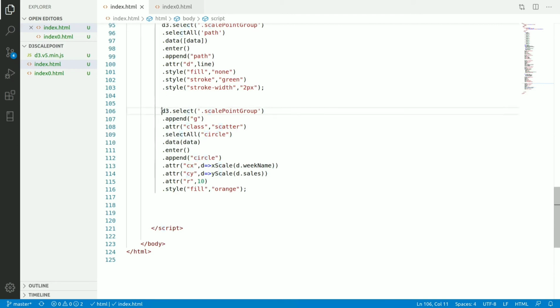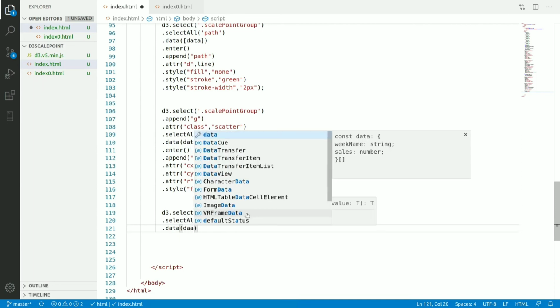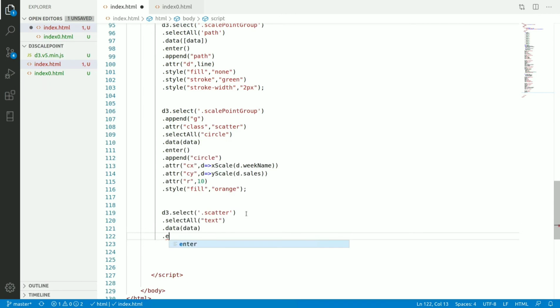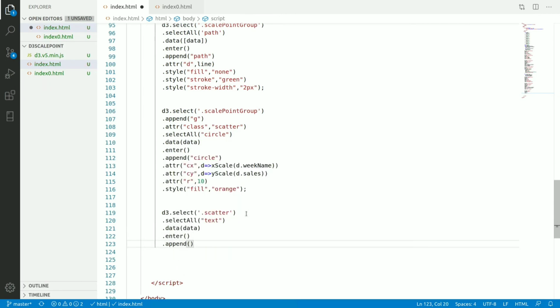I will select this one, dot scatter plot, dot selectAll text, dot data as data, dot enter, dot append